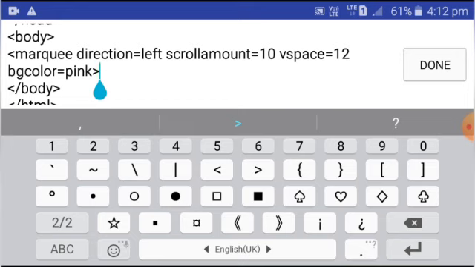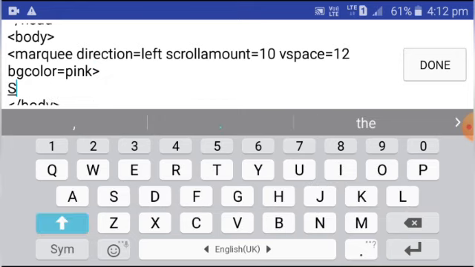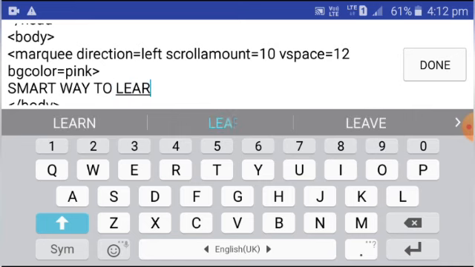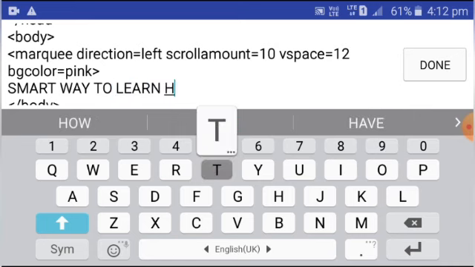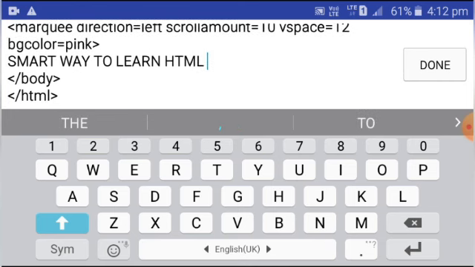We will write the sentence over here. This is our sentence, smart way to learn HTML.